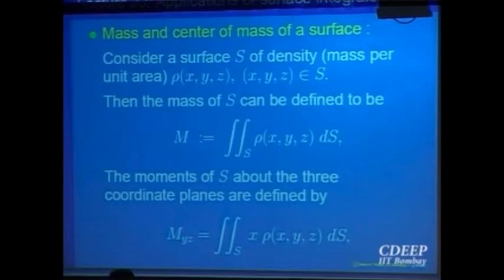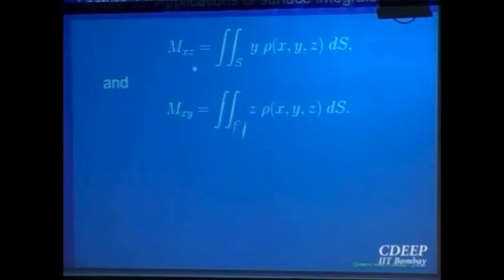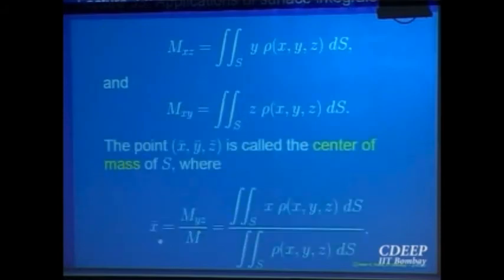So that means what? If you take the whole mass to be concentrated here, then its moment around that plane should be the same as the moment of the body around that. So we are just equating. If you want to calculate, these are three moments, and what does it give me? It gives me the x coordinate to be equal to this. Why is this the formula we are using?